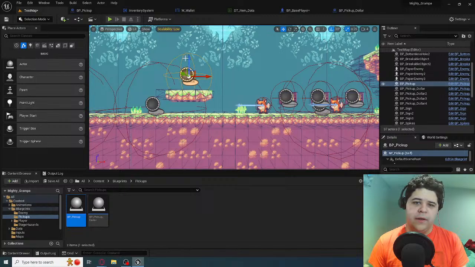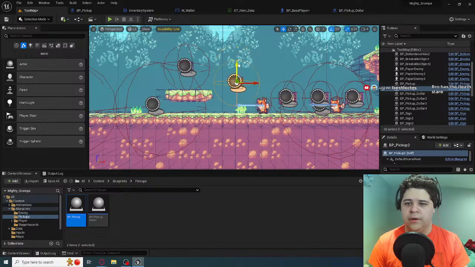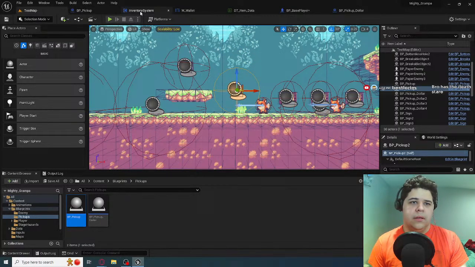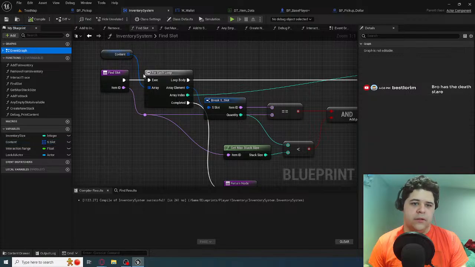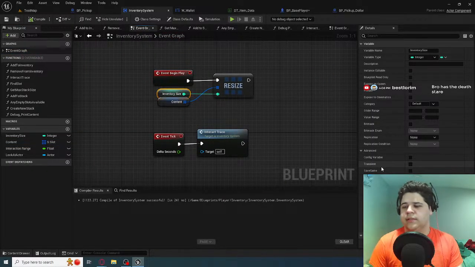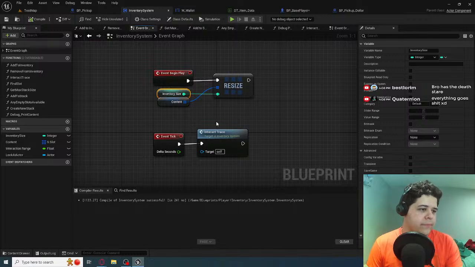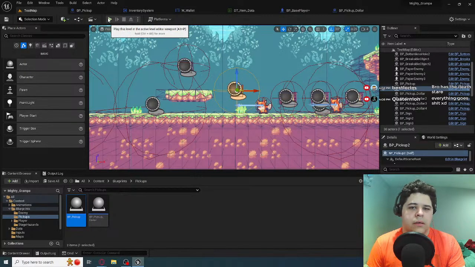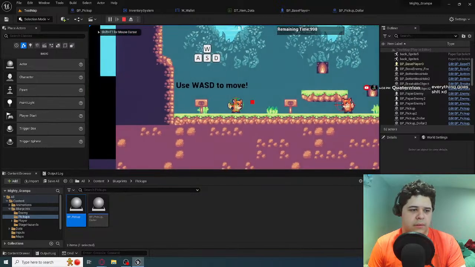No, if there is no ID, if it's just none, then it'll create a thing so long as there are existing inventory slots to fill. Like on the event graph, see inventory size. This decides how many slots we have. If both slots are empty, then